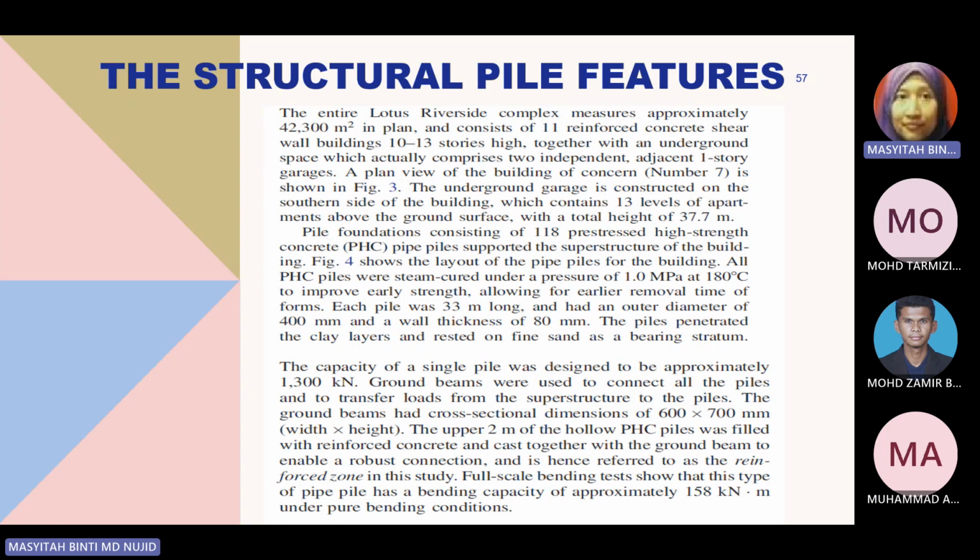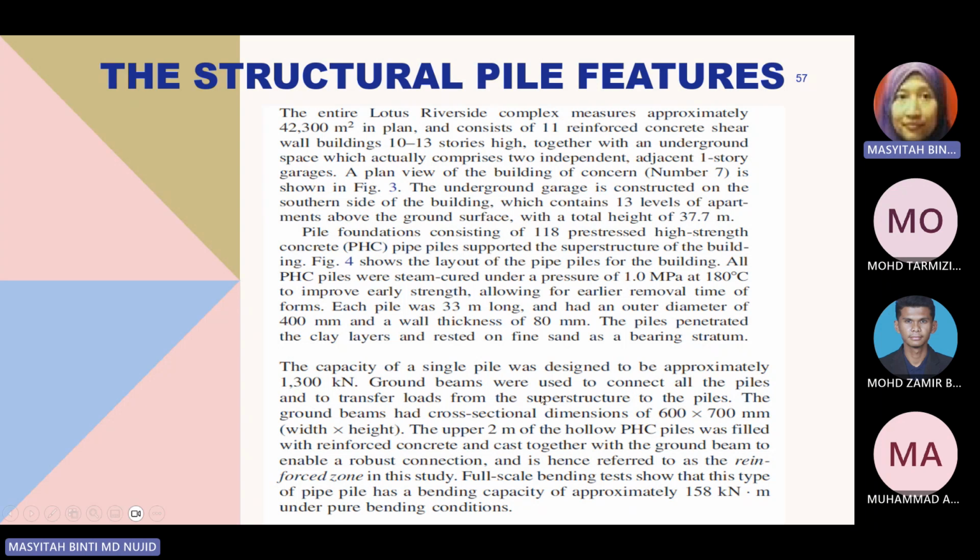So the piles penetrated the clay layers and rested on fine sand as a bearing stratum. As you can see from the soil profile just now, at the 50-meter depth, they found a hard layer that was fine sand. So we believe that when the pile settled at the fine sand, it will be the hard stratum for the pile to rest on. Okay, the capacity of a single pile was designed to be approximately 1,300 kilonewton,